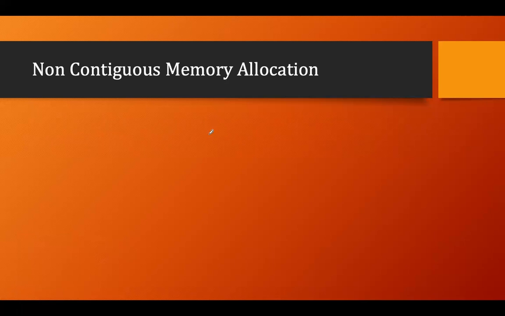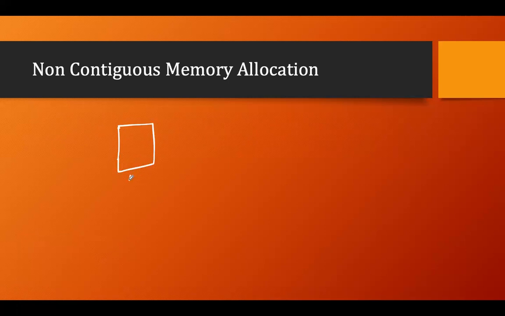Welcome to the memory management topic. In the last few classes, we learned about contiguous memory allocation. In contiguous memory allocation, what will happen is, if we have a process, and let's say a process